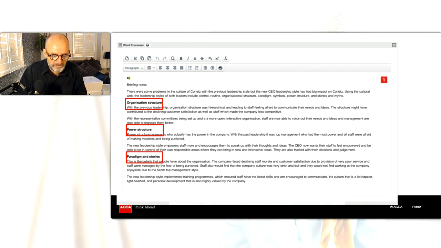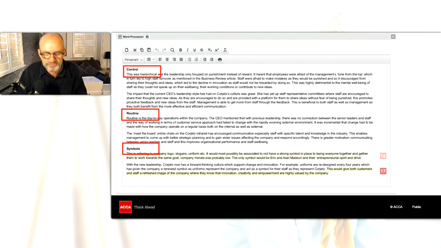It then goes over the page and talks about control systems, routines, and symbols. But it contextualizes all of them in the context of the airline. The other thing that you can do when going through this in your own time is to fully digest the